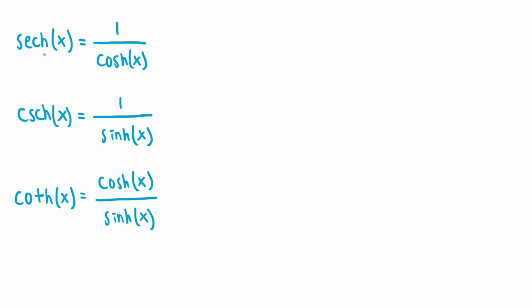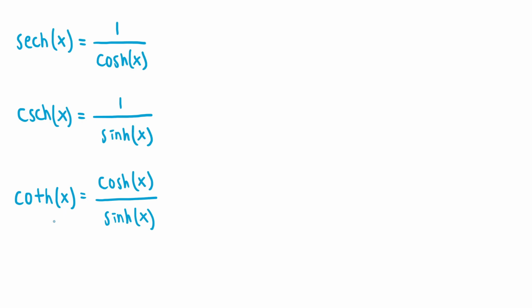One way to pronounce them is secant h as sech, cosecant h as cosech, and cotangent h as coth, but there are other ways to pronounce them for sure. So now what we're going to do is define sech of x, cosech of x, and coth of x in